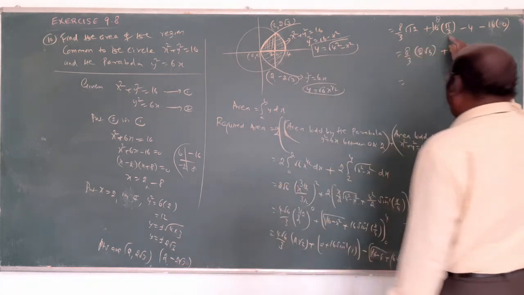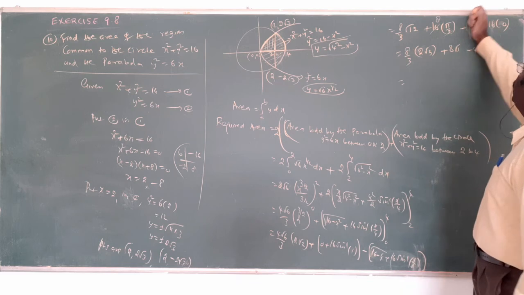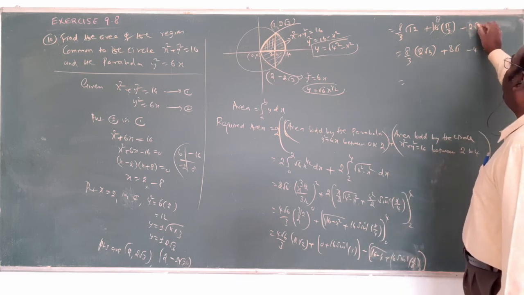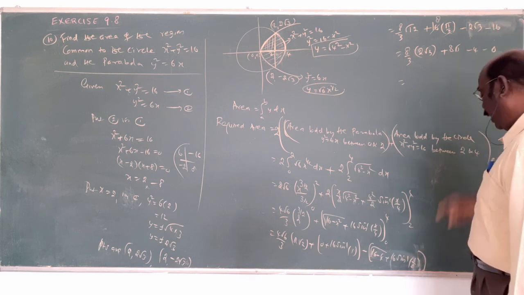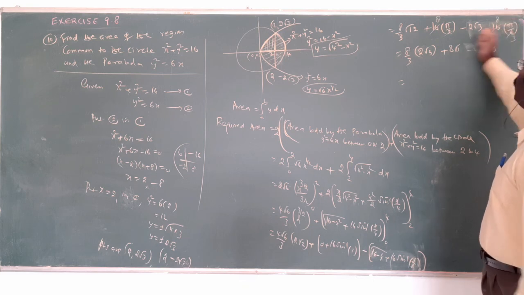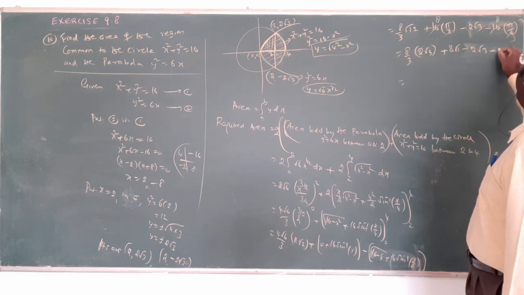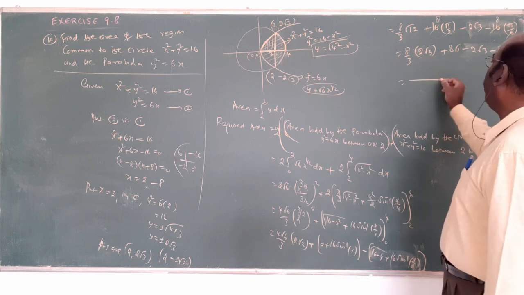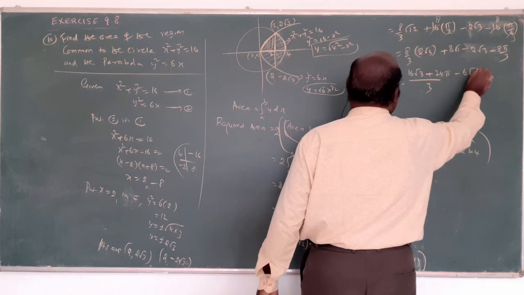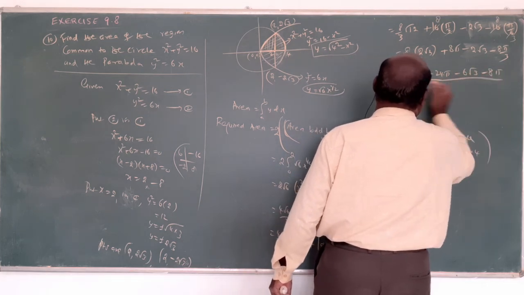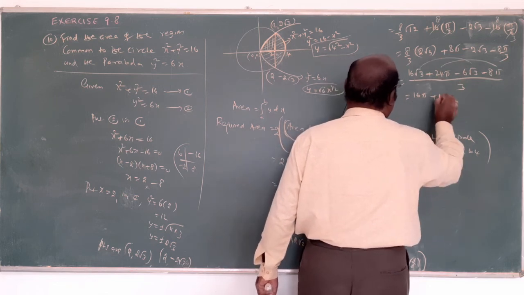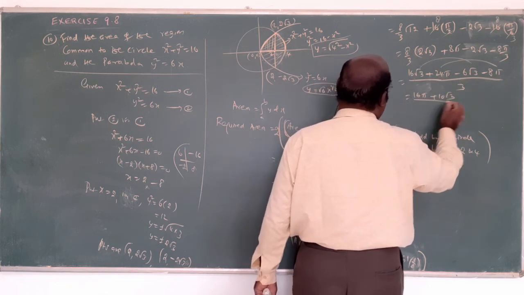Now the 16 pi by 2, correct. Root of 12 is what? Root of 12, 4 into 3, means 2 root 3. Am I right? Minus 16 into 1 by 2 means pi by 6. Am I right? Now simplify. Minus 2 root 3, minus 8 by 3. Now 3 is the LCM. Multiply 16 root 3, here 24 pi, minus 6 root 3, minus 8 by 3. Am I right? Now 16 pi. Now subtract. Am I right? By 3.